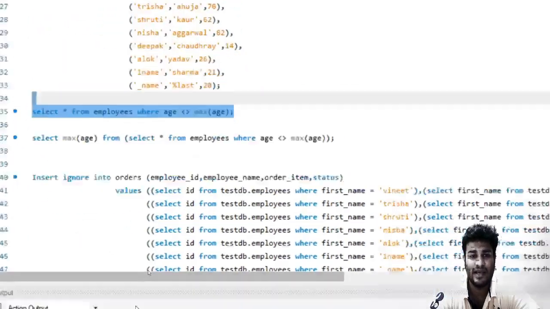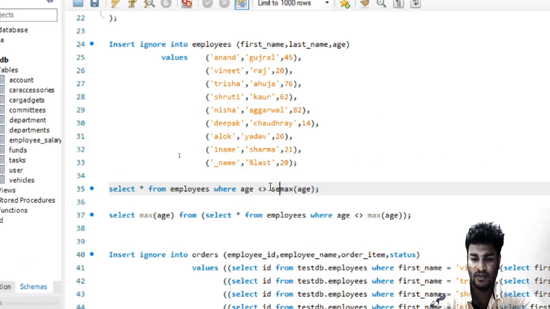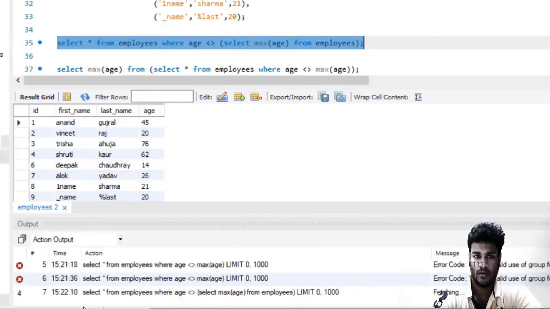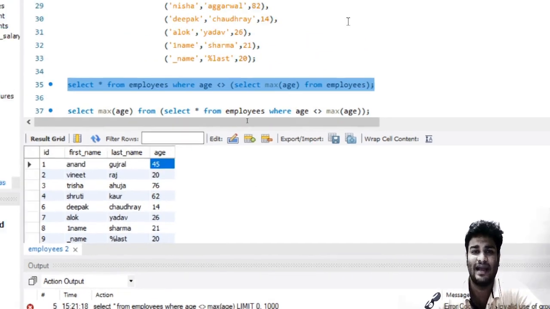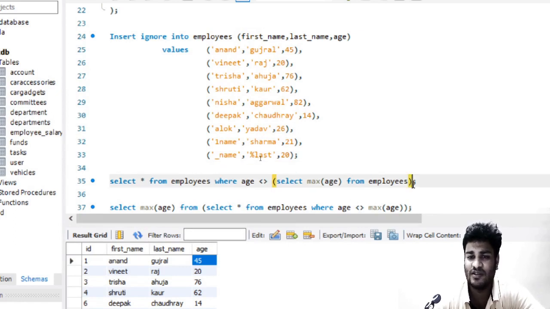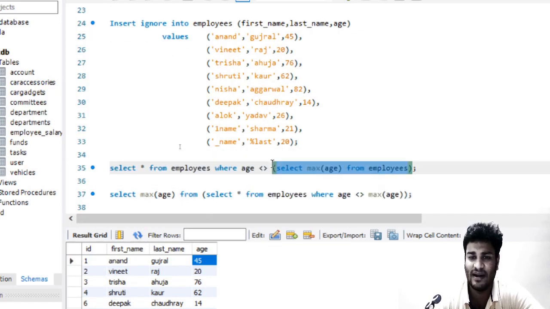so the employee table is... okay. So we will say select max age from employees. Let me make it more difficult then. So you see over here now, we have got a result. What exactly the error was over here, we will discuss at a later stage. But again, this is use of a subquery: we had written a subquery, then there was an error, and then we again wrote a subquery.